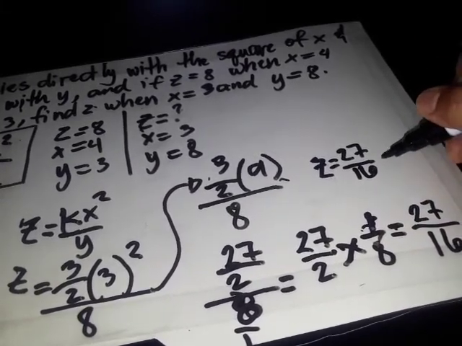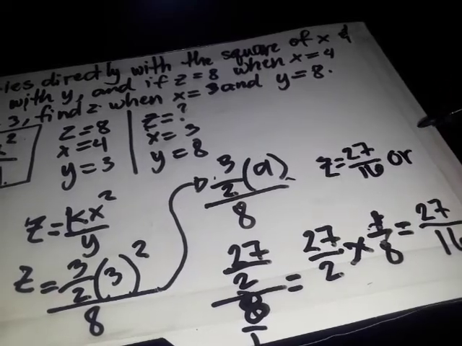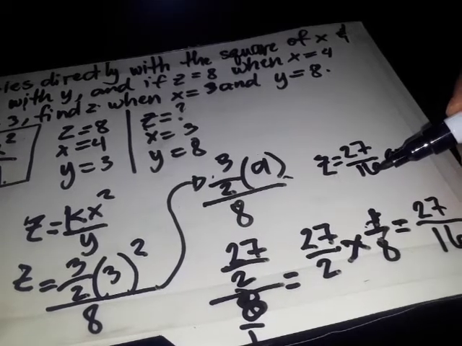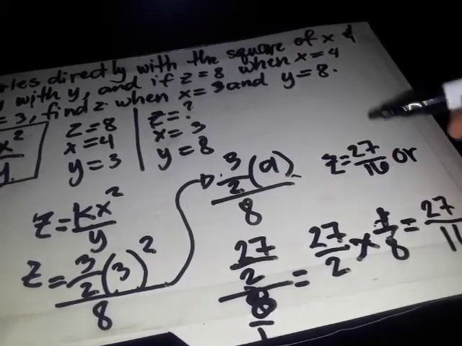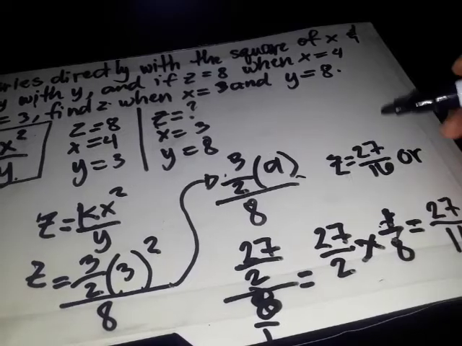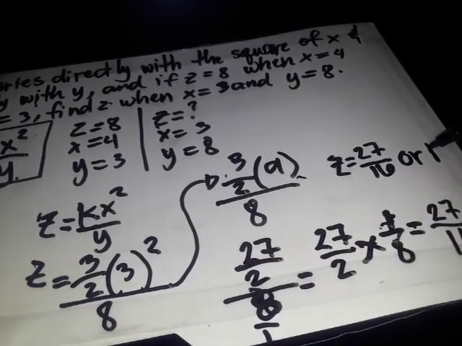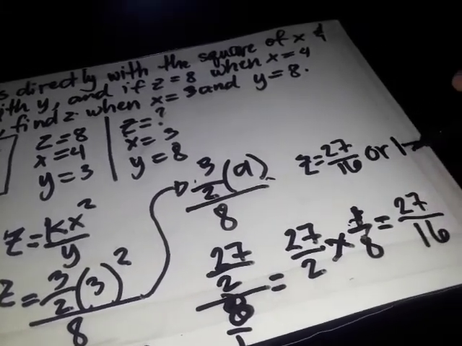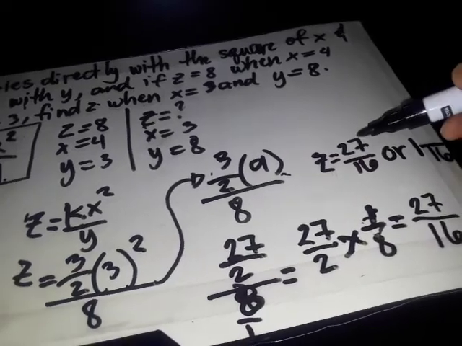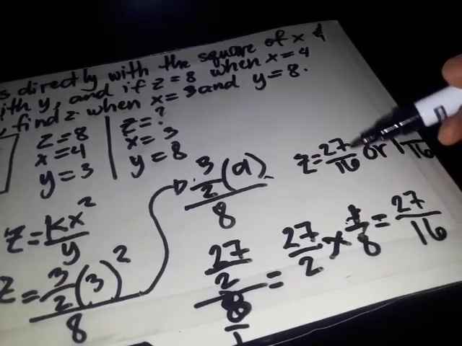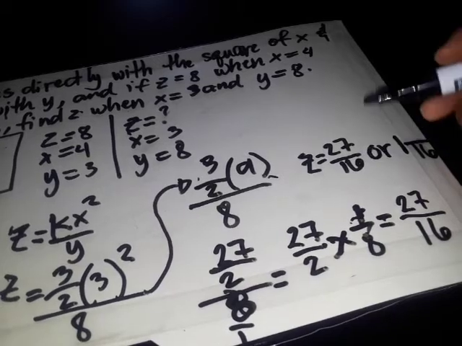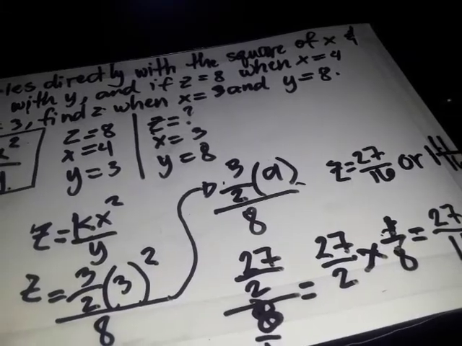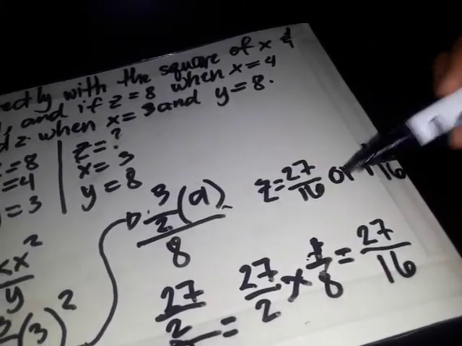Or, pwede rin siyang i-lowest term using mixed number. Kasi, ang numerator natin ay mas malaki sa denominator. Okay, ang shortcut dyan, ilang 16 ang pwede sa 27? 1. Tapos, gagawa ng line in between. Kopyahin lang si 16 para sa baba. And then, isubtract si 27 sa 16. 27 minus 16 is equal to 11. Okay? So, yan ang sagot natin. 27 over 16 or